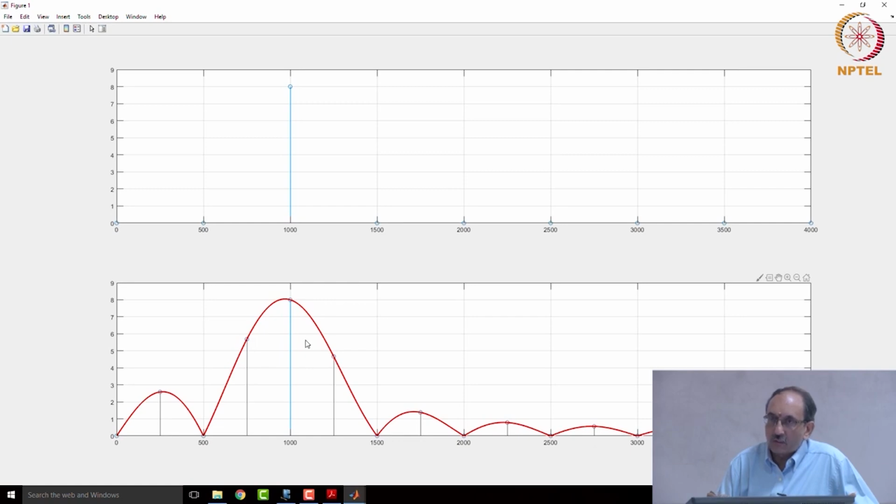If you didn't know that the data contained a sinusoid of frequency 1 kilohertz, but you are told that the data contains sinusoids, and then you are asked to find out what the frequency is, you would compute the DTFT, and in practice you would compute the DFT, and then you look for peaks in the spectrum, because peaks in the spectrum are caused typically by sinusoids. Narrow peaks are typically caused by sinusoids. And if you look at this, and if you want to estimate the signal's frequency,